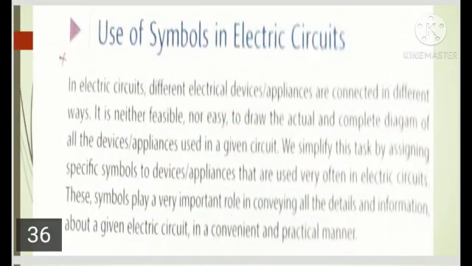First of all, we are going to discuss the use of symbols in an electric circuit. Simply, we can understand it by putting forward an example before us. Suppose a television set is coming from the showroom to your home. After taking it out from the box, we will look at this appliance carefully, and